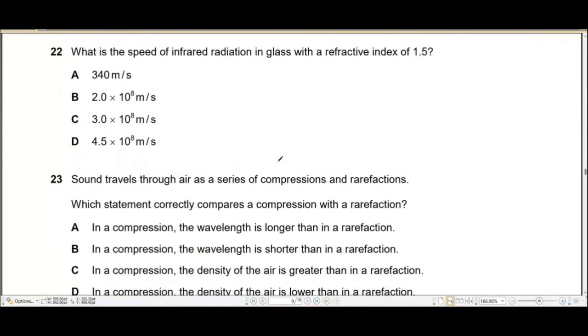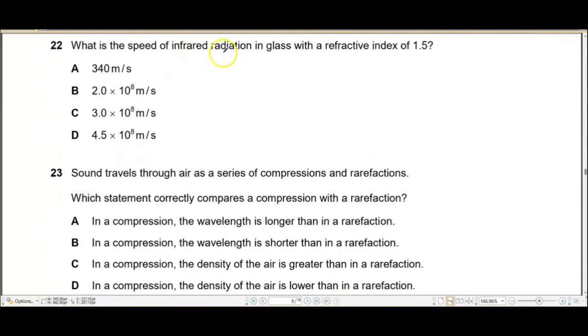Question number 22. What is the speed of infrared radiation in glass with a refractive index of 1.5? We have a refractive index, and we've got to find the speed of infrared radiation in glass. We already know the speed of infrared radiation in air. So the formula that we are going to use over here is refractive index is equal to speed of